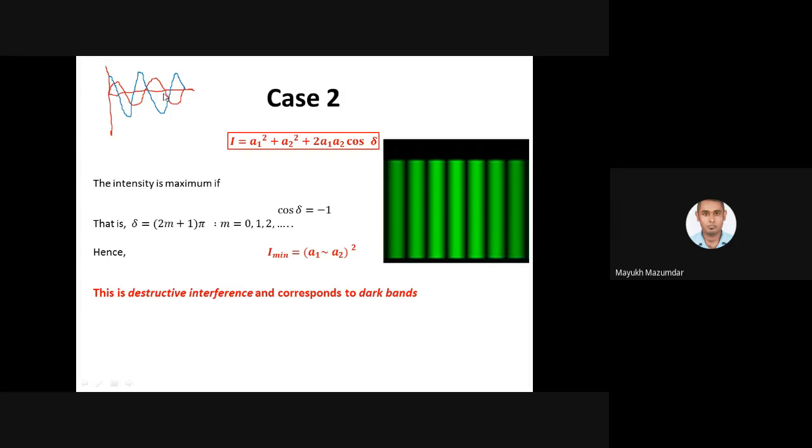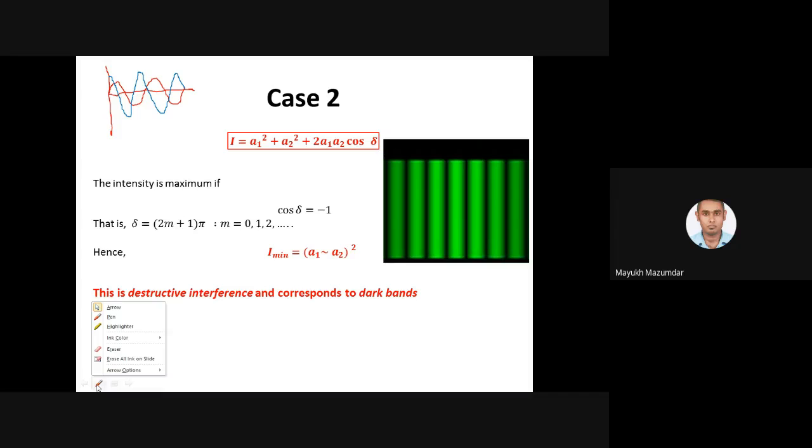Suppose its amplitude is a1, this is a2, so you can easily see a2 is more than a1. Yes, sir. So we didn't suppose that a1 is more than a2 or a2 is more than a1. That doesn't matter. Look in this expression itself, it doesn't matter. So here I have used this sign. This tilde sign means the difference.